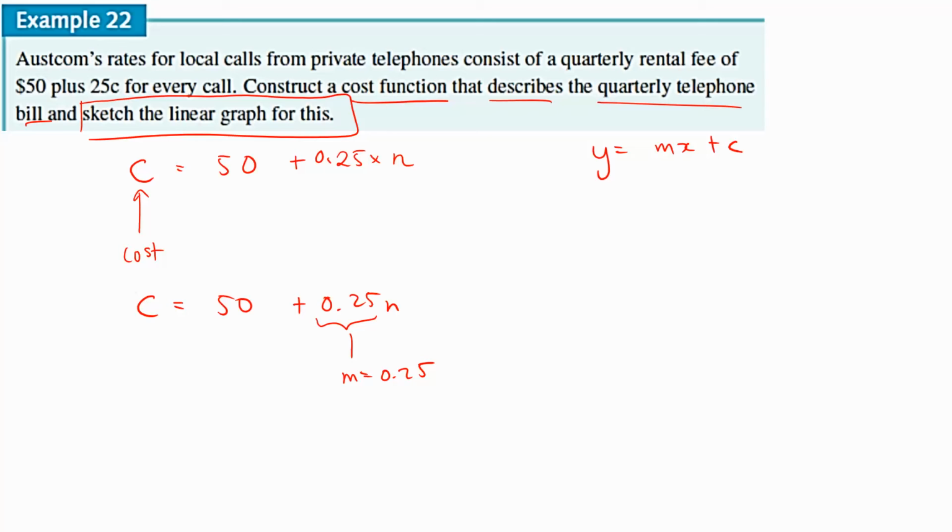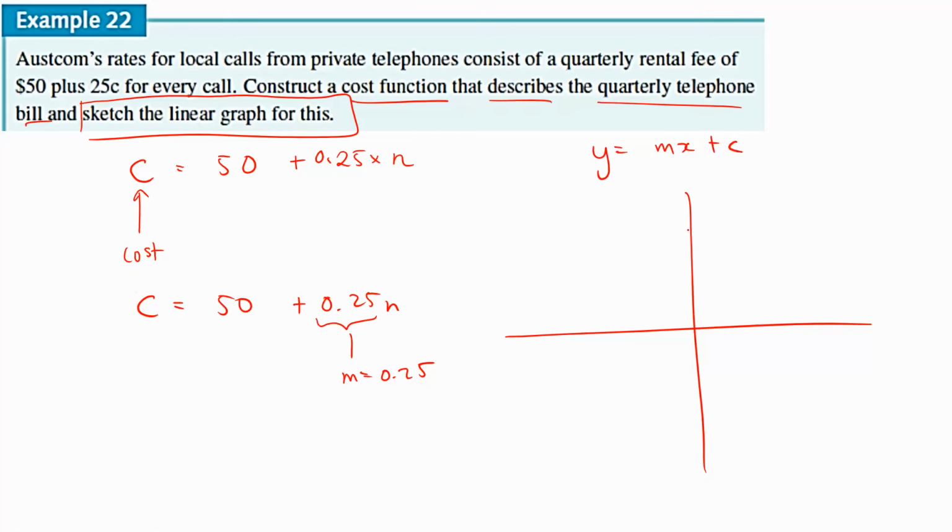Obviously that makes sense. If you made 0 calls, you wouldn't pay an extra 25 cents per call. You'd have to pay $50 flat out. Okay, so it's $50 to start off with, and then 25 cents for every call you make. So if you made 0 calls, it makes sense you start at $50. Okay? Now if you draw the graph,